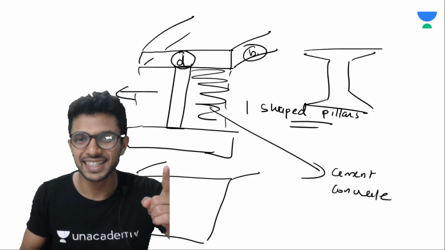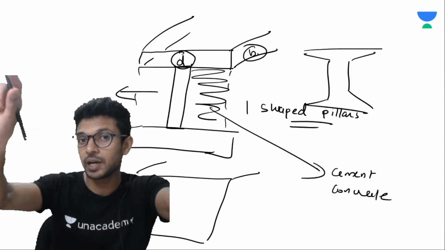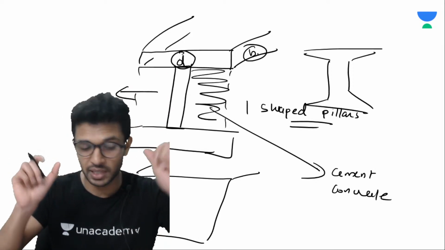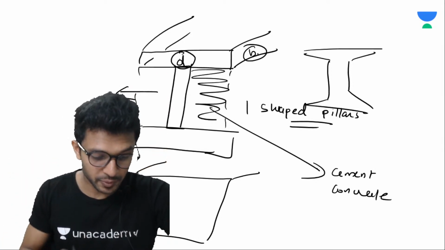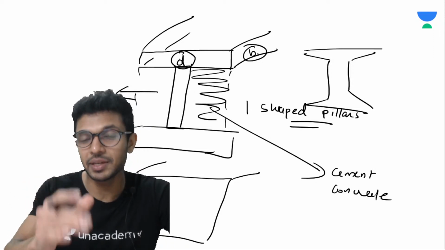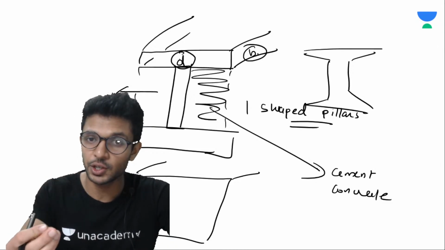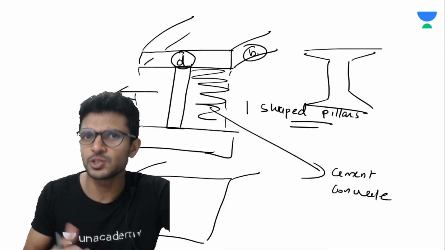Did you understand? Okay, did you understand? Why is the entire structure not being filled? Only the upper part is concreted with a bigger depth and bigger breadth value. Okay? Understood? Okay, because it is a cost reduction method. Only by increasing on the top itself we can prevent buckling. So then why?